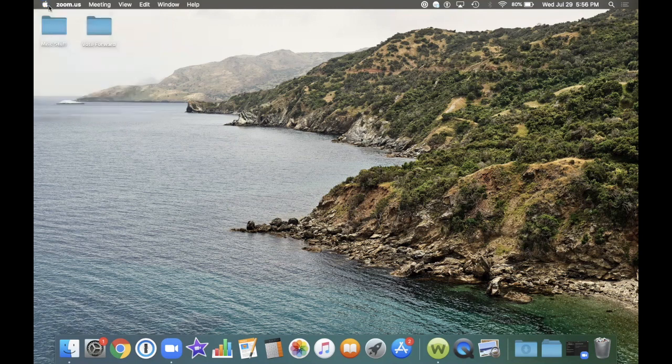Next, you'll find the name of the open application. In this case, it's Zoom US, and that's because I'm using that application to make this video recording. To the right, you'll find a number of menu choices that are specific to the Zoom application. If I open up another application, the choices are going to change to make sense,